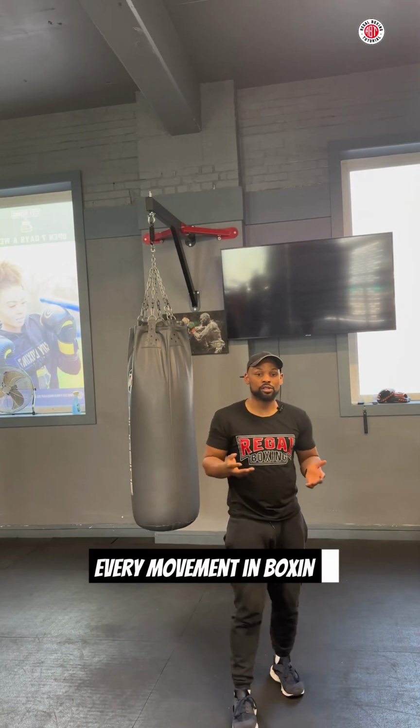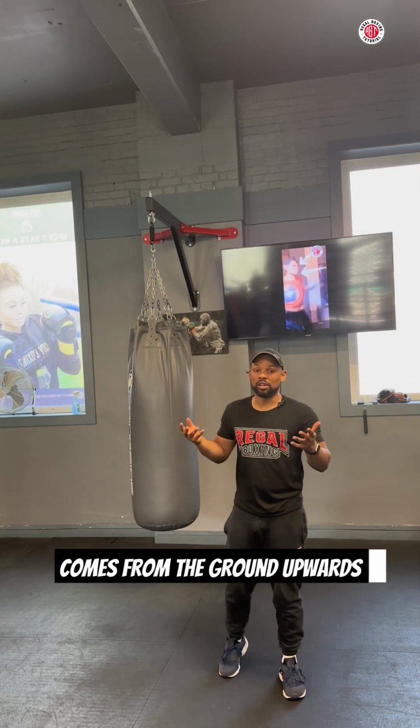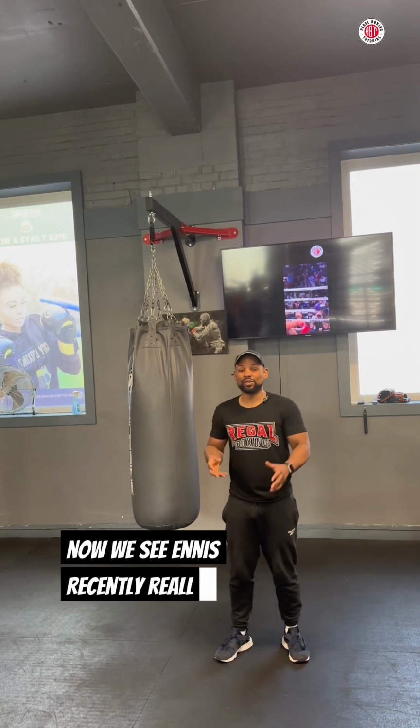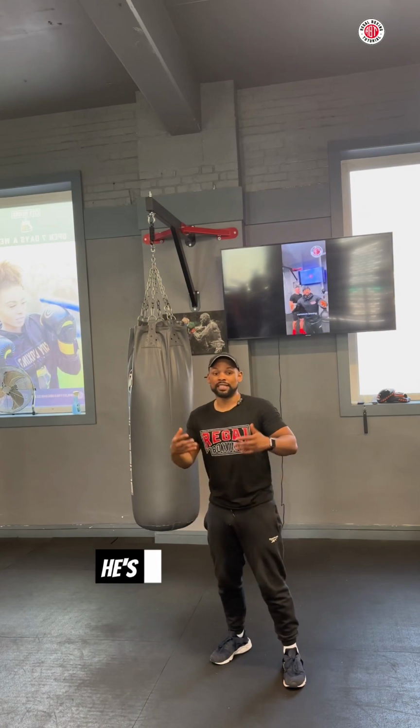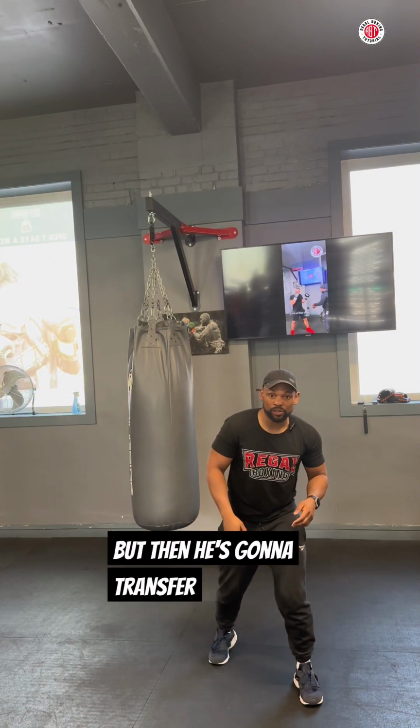Every movement in boxing, whether it's a step or a punch, comes from the ground upwards. It's all about weight distribution. Now we see Ennis recently with really good footwork. But what is he doing? He's distributing weight. He may come to his left, but then he's going to transfer it to his right when